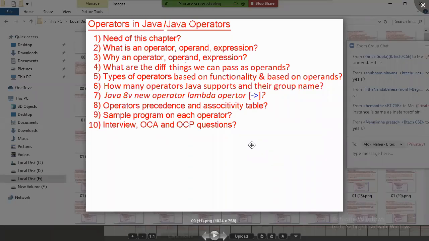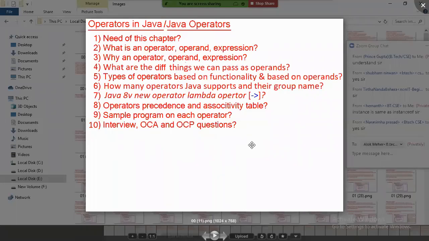Okay, so these are the 8 points. If you remember them, then we can start programming on each operator and their rules, and how to use them in the project we will learn. So I'm requesting you all, first of all, to learn by heart this operator precedence table, the 40 operators and the confusing 5 operators, and then if you memorize the precedence table, we can start working with programs in the same order. The 12 categories, in that order, we are going to learn.